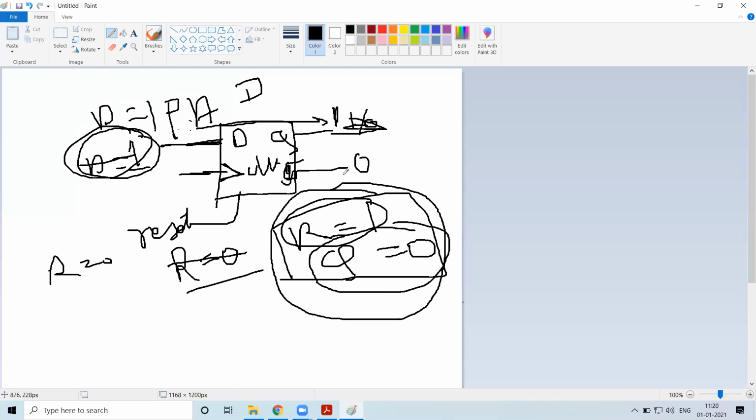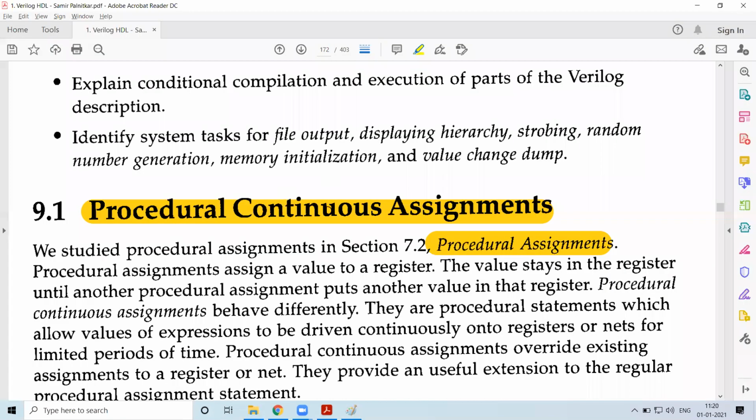If D is 1 also, Q has to be 0 when reset is 1. So this is like your procedural continuous assignment. This is actually overriding your procedural assignment. This is what we observe in your hardware, so such things come in here. That is where procedural continuous assignments come into play.